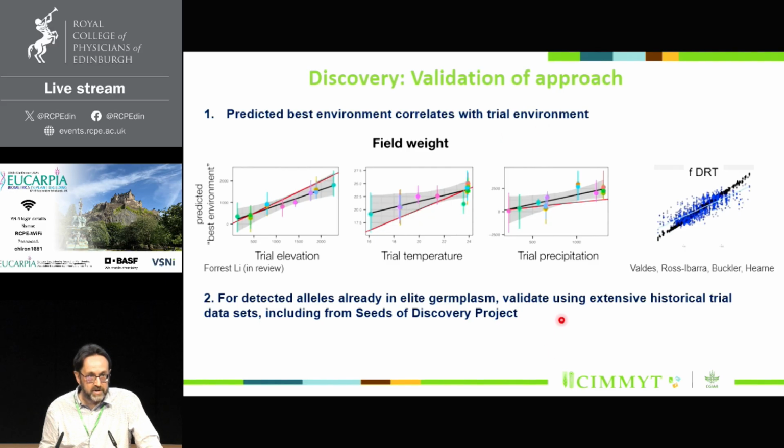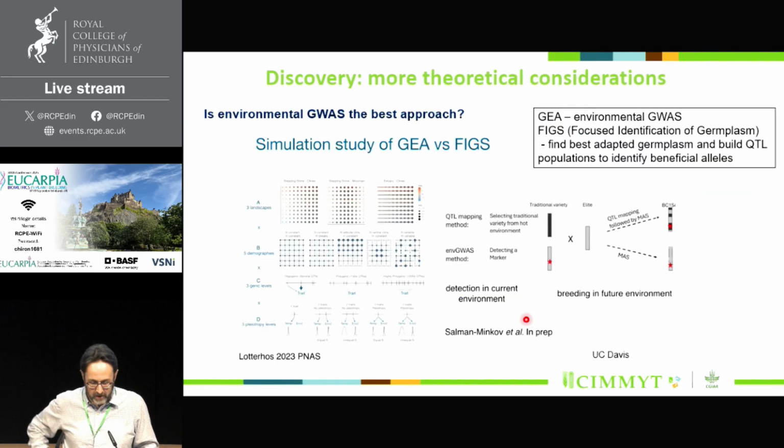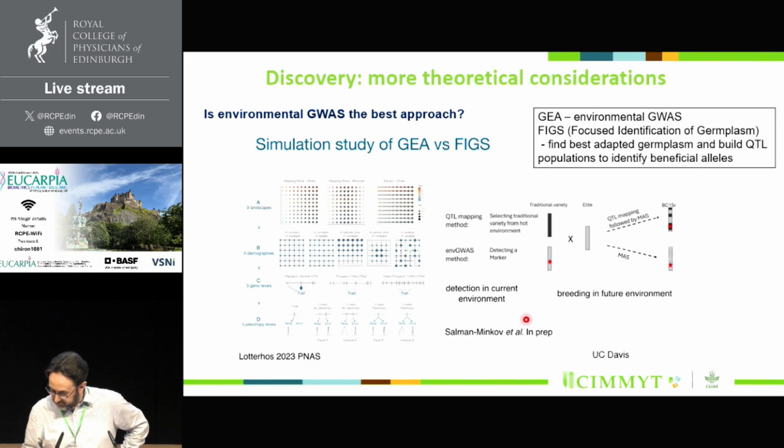What we can also do is take all the loci we found that are significant but already in elite material. When we've grown that elite material in all these trials in the Seeds of Discovery project, we can go back to the historical trial data and ask, did these loci we find contribute to drought resilience in those trials? We're in the process of doing that. Basically, this validates because there are lots of adaptive traits, adaptive alleles in there. So, also with partners in the project, I'm going to go through this fairly fast actually,